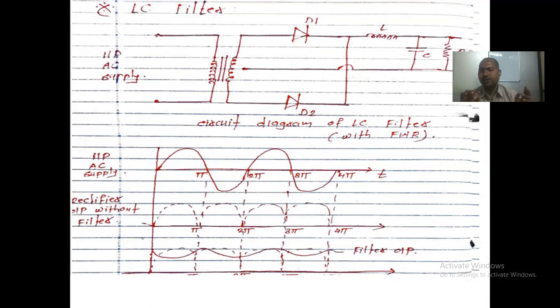We know that there are basically two types of rectifier: one is the half wave rectifier, the other is the full wave rectifier. According to their configuration and the diodes used, the output across it changes. In the case of the half wave rectifier, when we apply the voltage, we get only either the positive cycle or the negative cycle as output. Then we study the full wave rectifier.